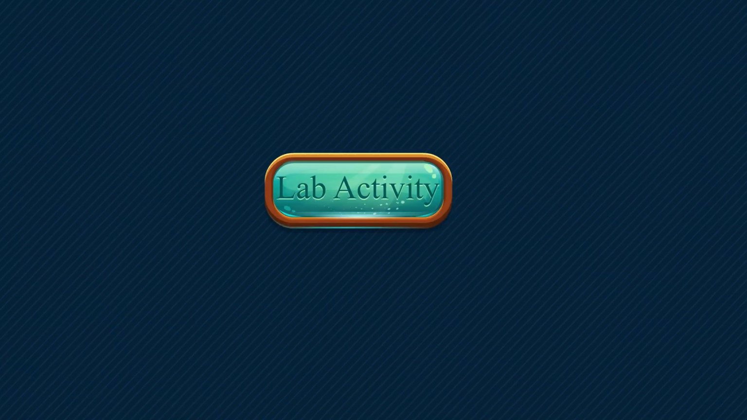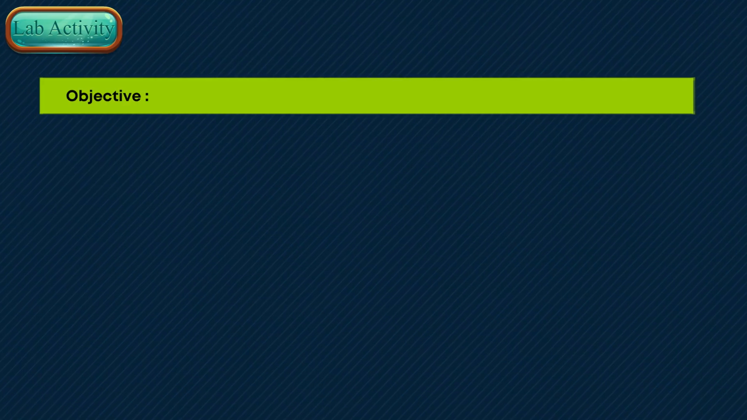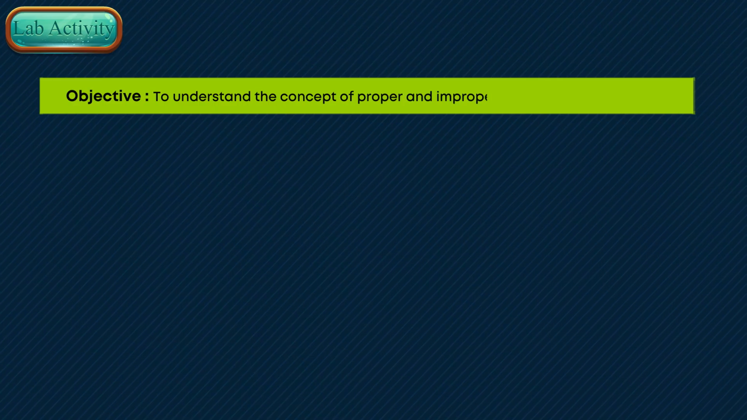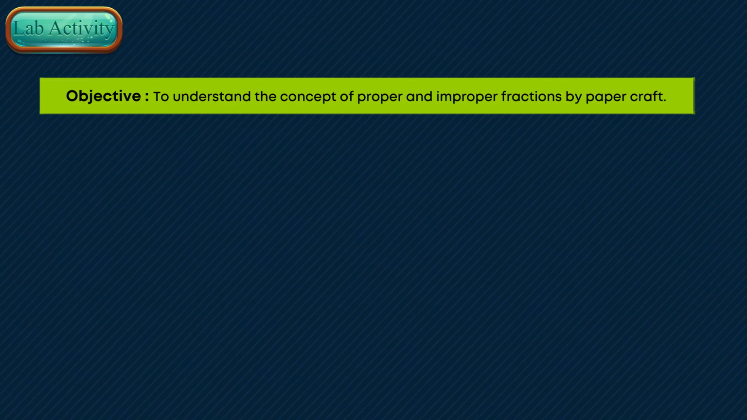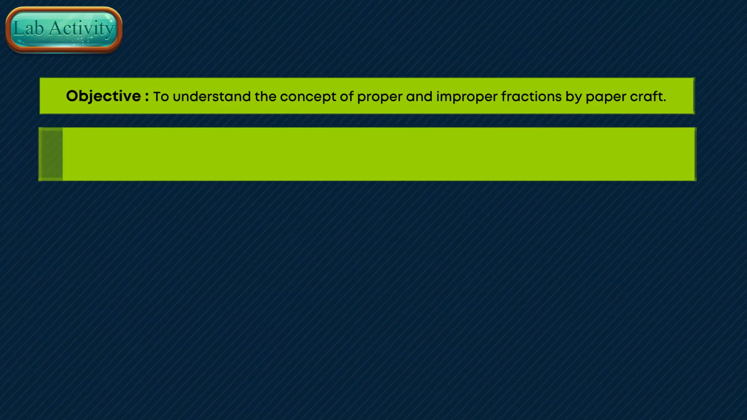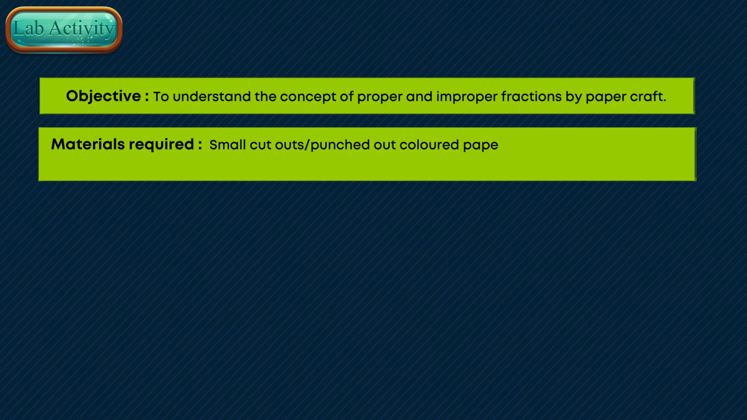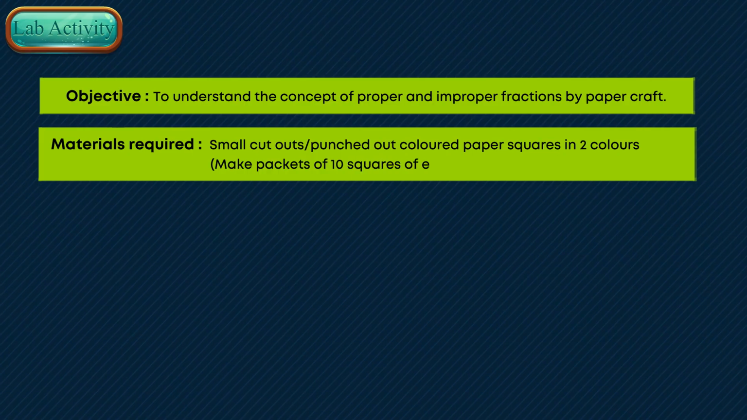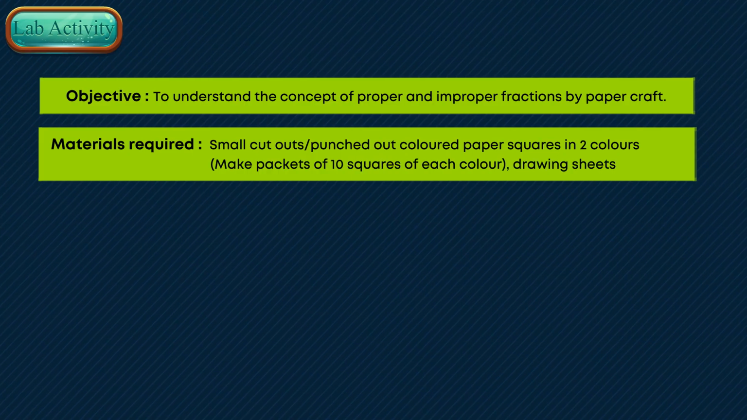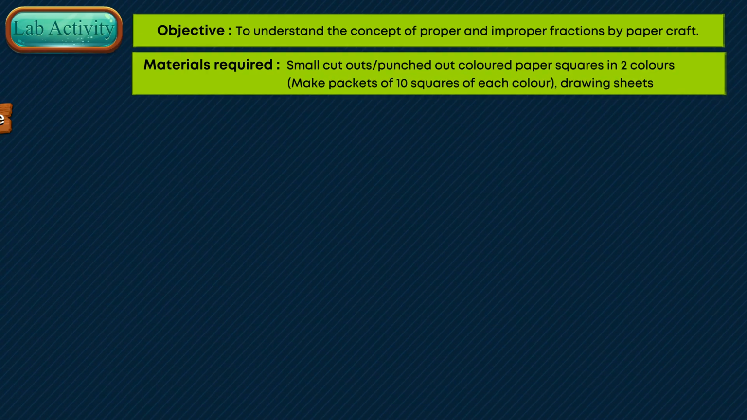Lab activity. Objective: To understand the concept of proper and improper fractions by paper craft. Materials required: small cutouts, punched out colored paper squares in 2 colors. Make packets of 10 squares of each color. Drawing sheets. Procedure: